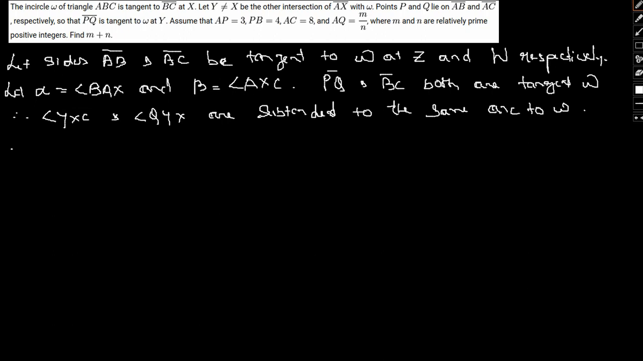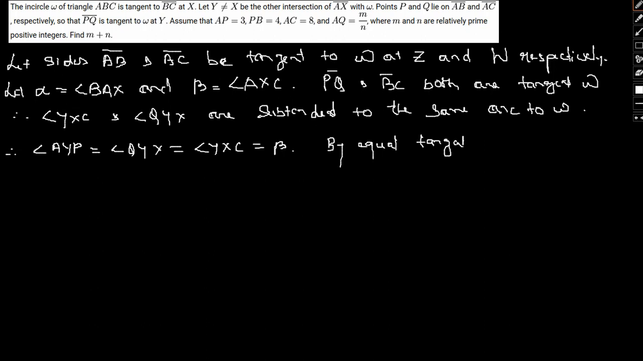Okay, so therefore we can also have angle AYP equal to angle QYX equal to angle YXC equal to beta. Now by equal tangents, PZ will be equal to PY. So therefore applying law of sines,